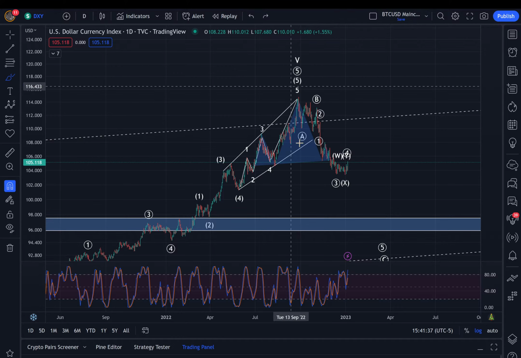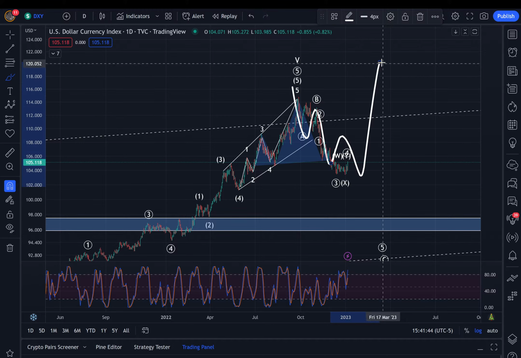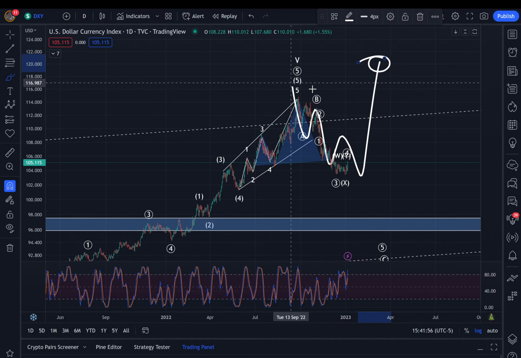After the A wave comes the B wave, the counter to that, which should yield a higher high. When are we going to get that? Maybe sometime late 2023, early 2024. I don't know, but that is when you would most likely make a higher high with the dollar,